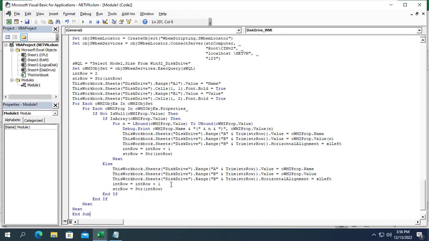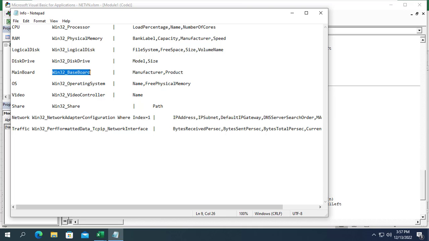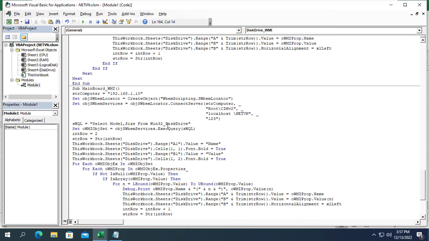I also want to know a bit about the motherboard. So I create a new procedure named mainboard WMI. I then edited the procedure to get information about the motherboard.